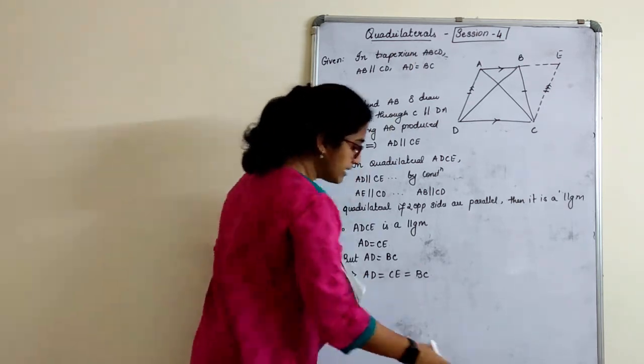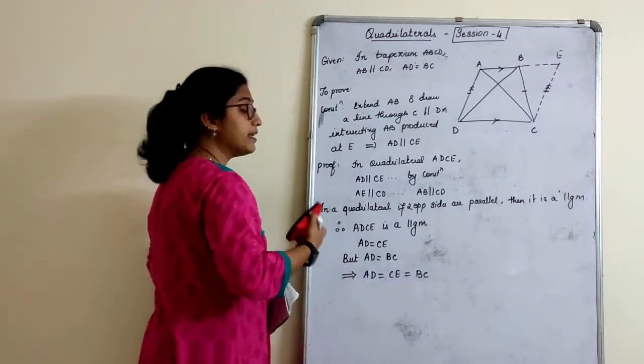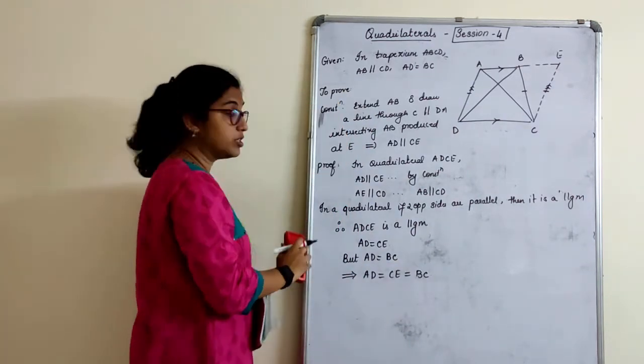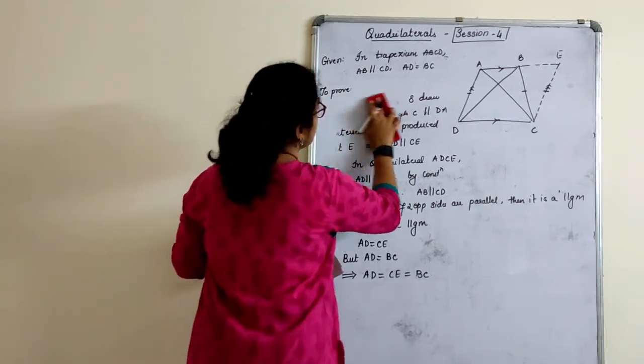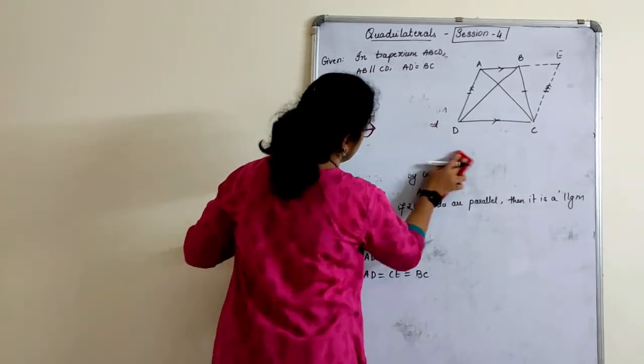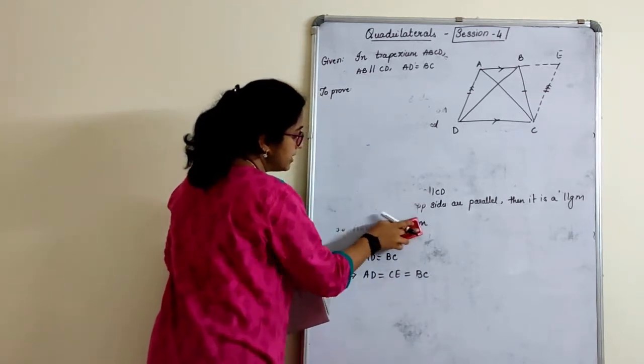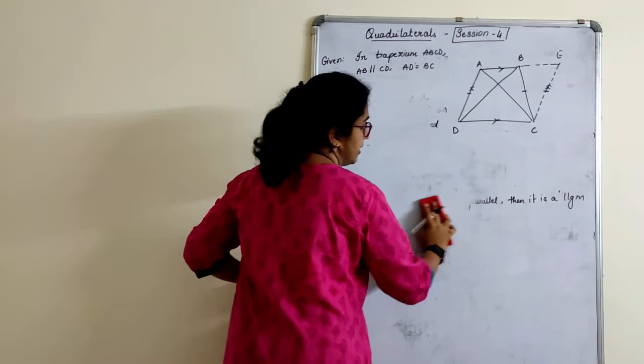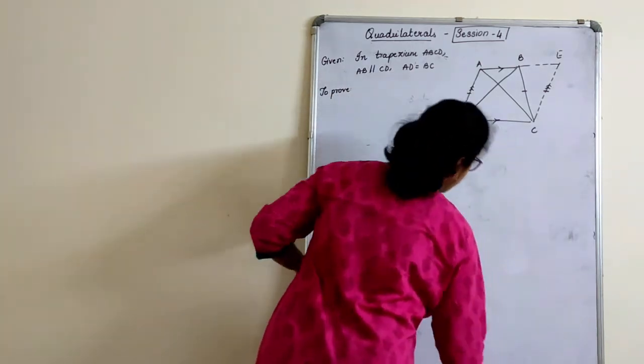So I will erase this much of the part because we have to write again. So from the construction part I will erase. You can just copy this down. Now next what we will do is, now we got an isosceles triangle there, right? So let us make use of that isosceles triangle.